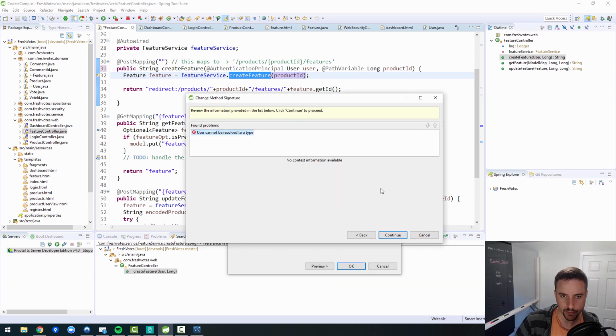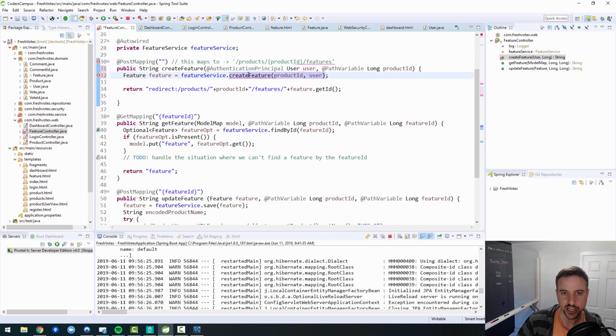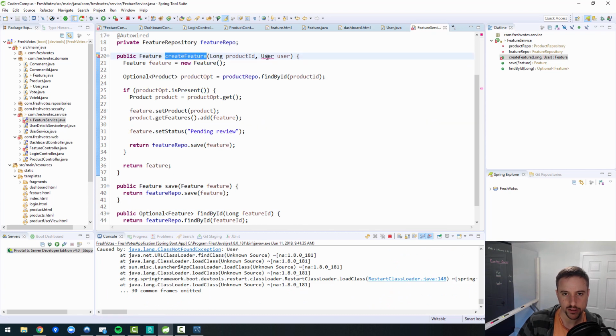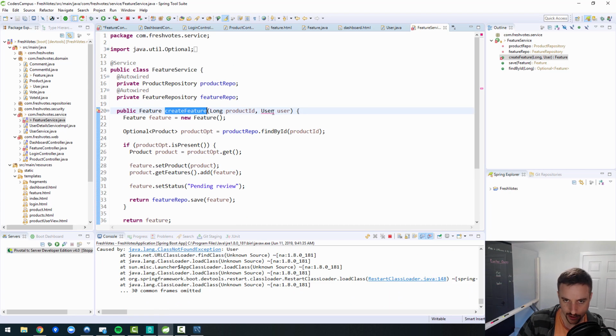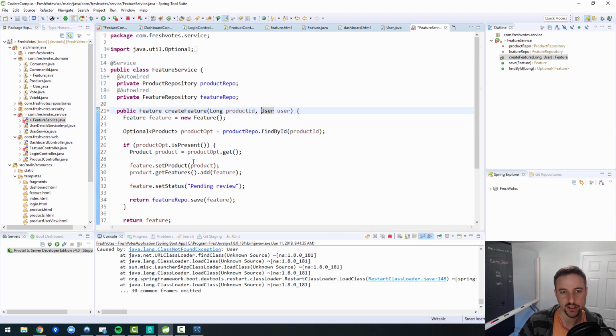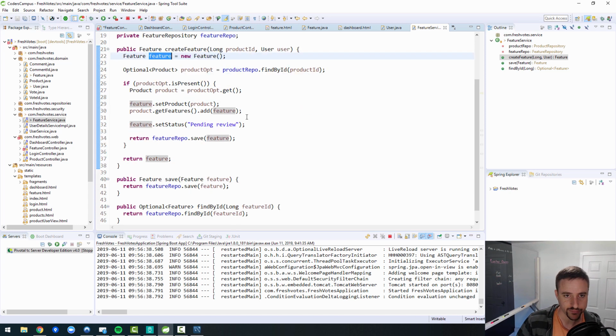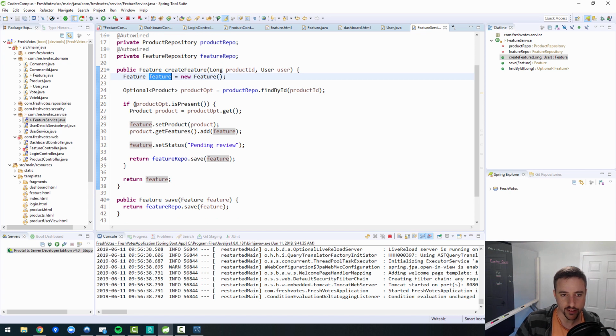User cannot be resolved to a type. Okay. Probably inside of the create feature, it can't resolve that to a type. Yeah, so it created the user here, but I need to import the com.freshvotes.domain, and there you go. So now we've pulled in the user inside of the create feature, inside of the feature service. So now here, we're going to take this user and set it onto our feature because we're creating a brand new feature, right? So, okay, if the product is present, then this is the only situation where we save the feature request. So here we can say